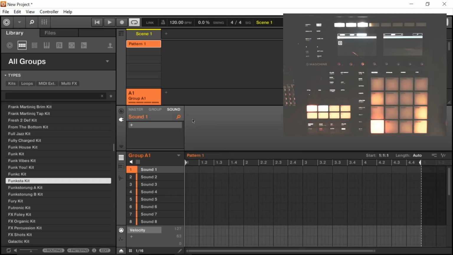Now, to understand how to count out your bars using the metronome and the tempo, I need to start playing the metronome for you. So I'm going to hit record here and hit play. Now you can hear the metronome, okay? Now, the metronome is playing according to the tempo. Right now we're at 120. If I were to move this